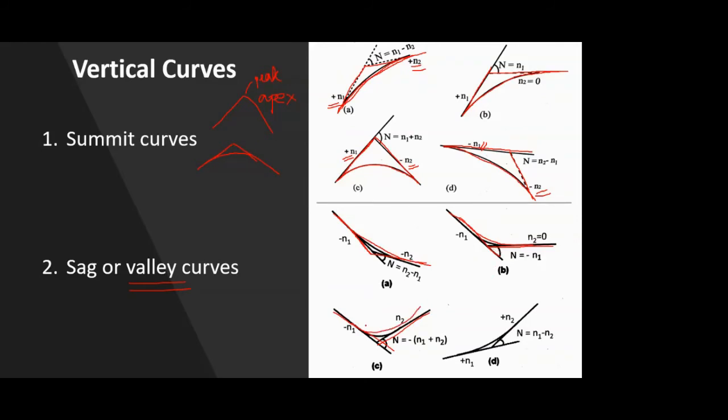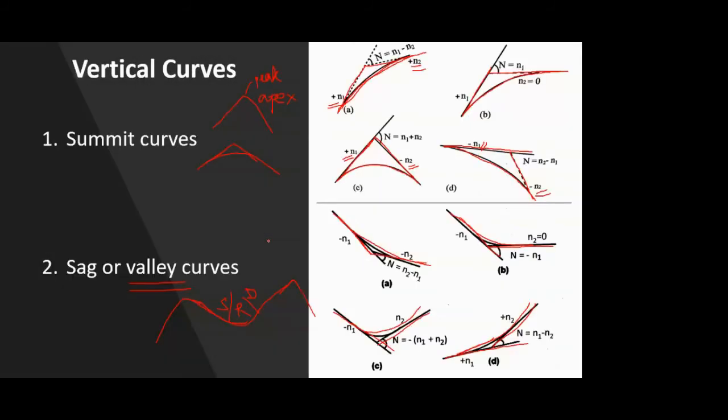Sorry, I said summit earlier. A valley curve just replicates the shape of a valley. If you have two mountains, in between you have a valley, and you can have a river or a stream there, or it can be a dry valley as well. The curve just replicates the shape of a valley. And the last one, an up gradient and an up gradient on the opposite side, will form a mild valley curve. So these are the different types of your vertical curves.